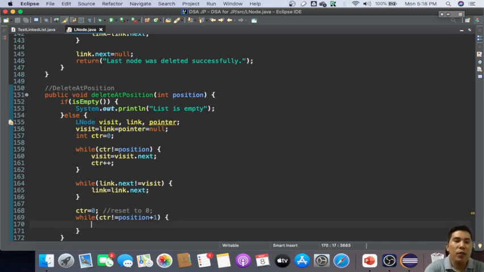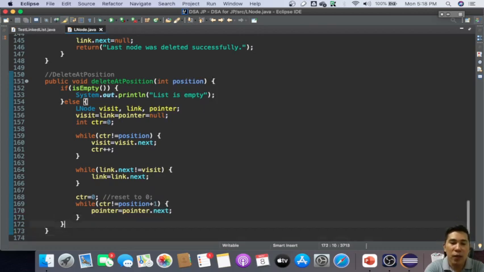So after that, we are going to now use the pointer. The pointer is now going to get the address of that node, and then we are going to increment CTR plus plus